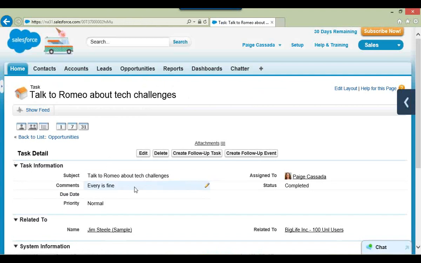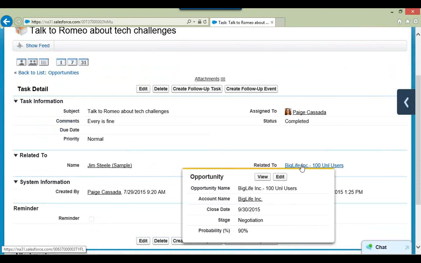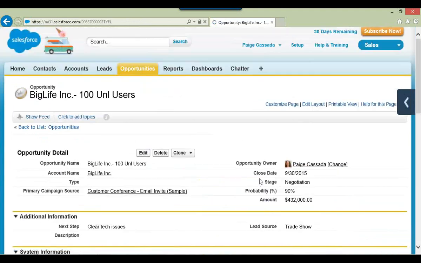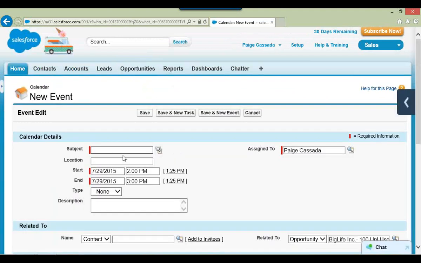Now, if we navigate back to our opportunity, you'll notice we can just mouse over our related to, and that shows us a quick view of our opportunity. I can click the view, and that will take me in there. We now have no open opportunities. I can very quickly add a new opportunity. For example, if I want to have an appointment with this organization,